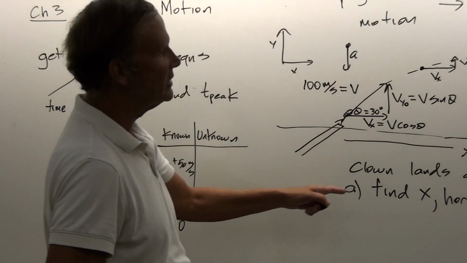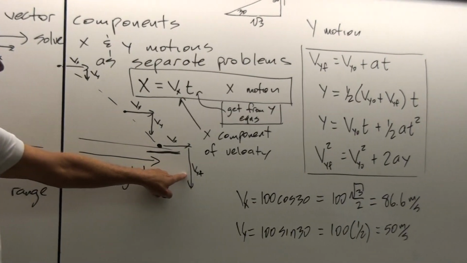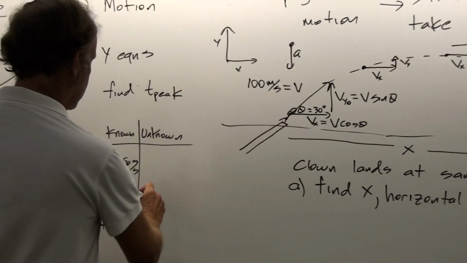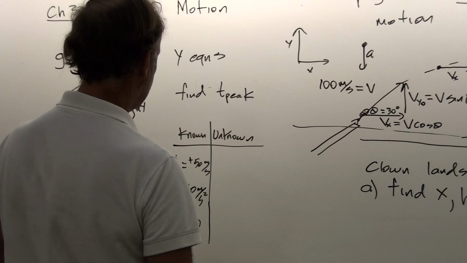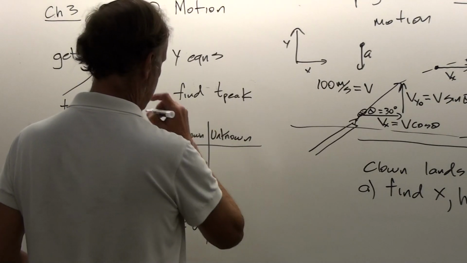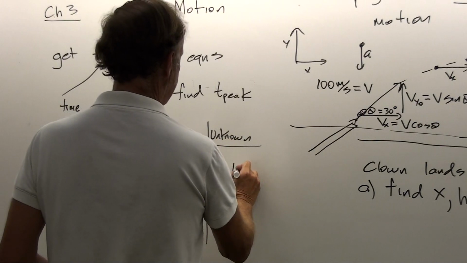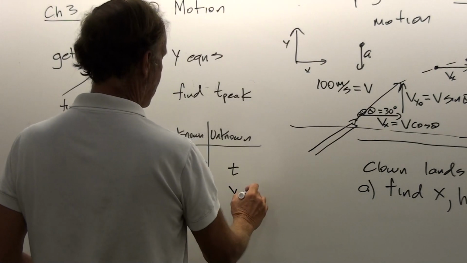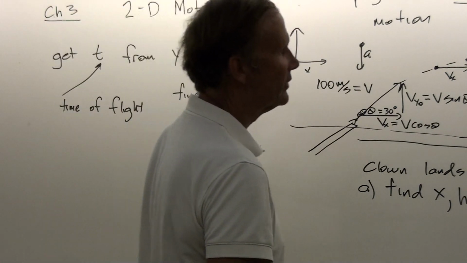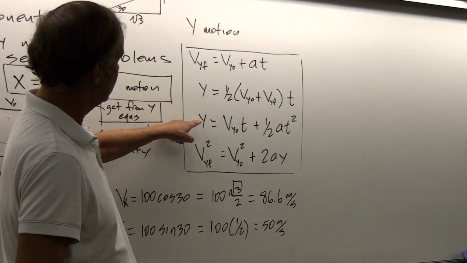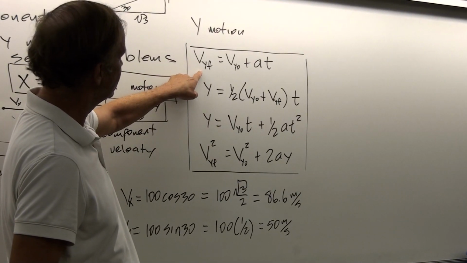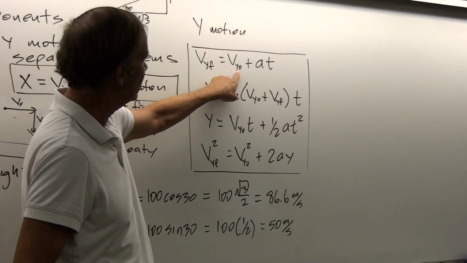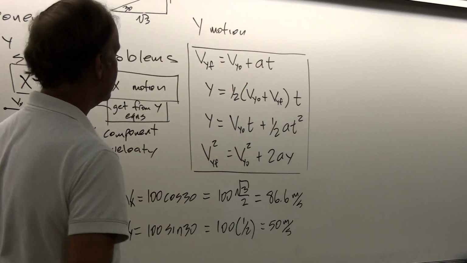Okay. Now I could have just as easily gone to this point and said that Vy final is minus Vy initial. That would also be fine. But here, I'm just going to go to the peak of the path and then double it. All right, so our unknowns then are the time of flight, t, and the y displacement. And so I'm going to get rid of all of the equations over here that involve the y displacement. And this gives me an expression for the time in terms of Vy final, which is 0, and Vy initial, which is plus 50, and acceleration, which is minus 10.